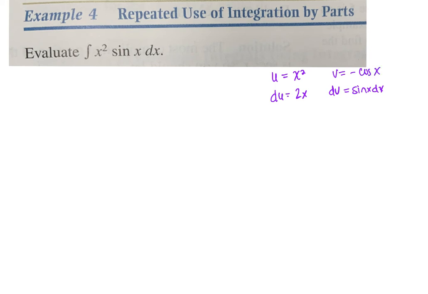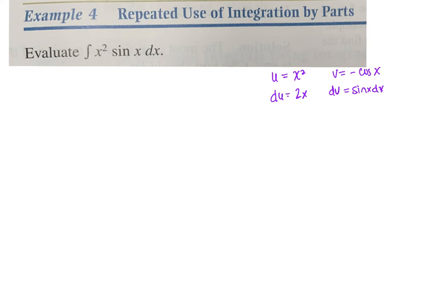All right. This doesn't seem to help me, right? It seems like it wouldn't. What it does is it gets you on a path to potentially do integration by parts again, because even if I set it up the other way, I'm still going to have a sine or a cosine and a function of x. I'm just going to have a more difficult function of x. If I take the antiderivative of x squared, I'm getting x cubed over 3, and it's still going to be paired with a trig function. Does that make sense? And so either way, you're going to have something paired with a trig function, make it